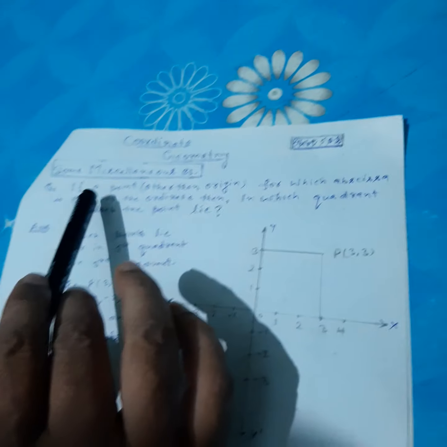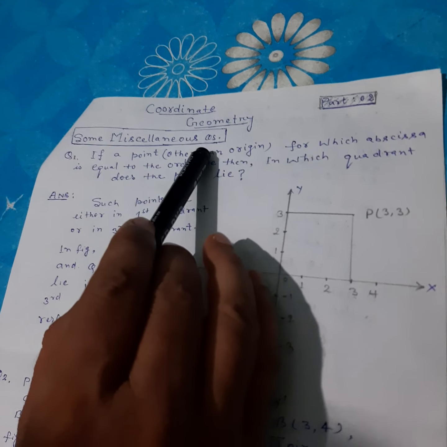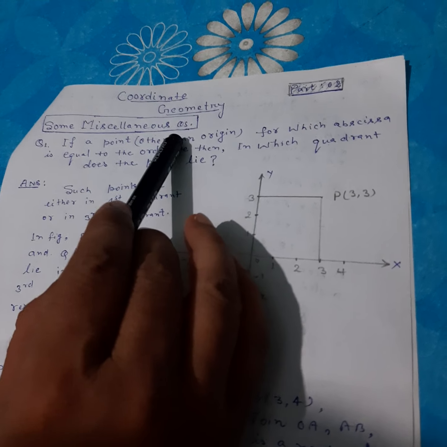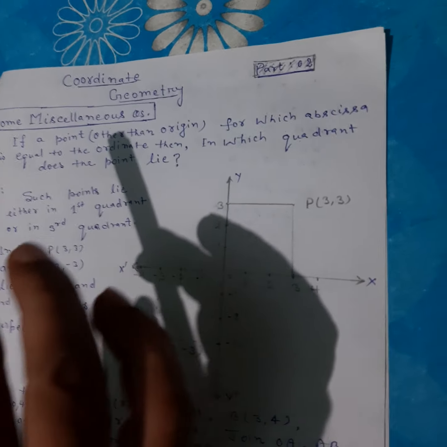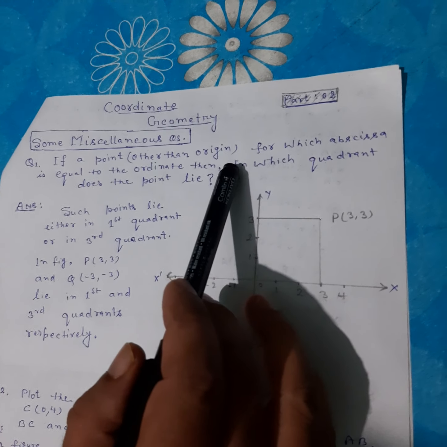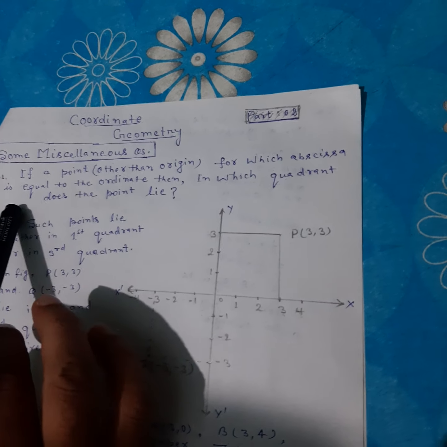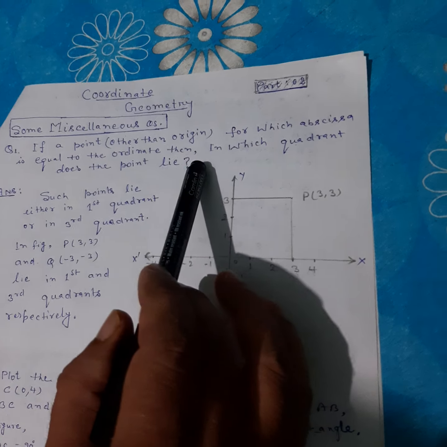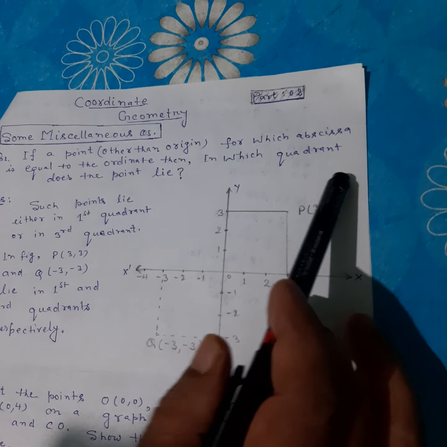Part 2. Some miscellaneous questions. In this section, we are going to discuss some miscellaneous questions. Question number 1. If a point other than origin has abscissa equal to ordinate, then in which quadrant